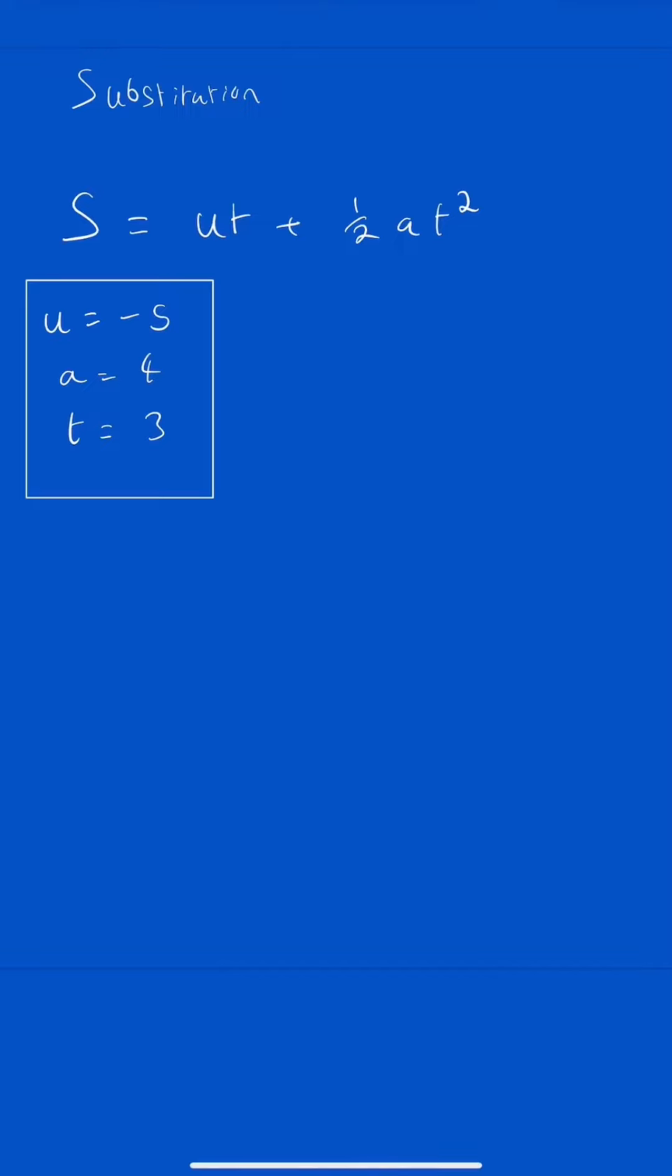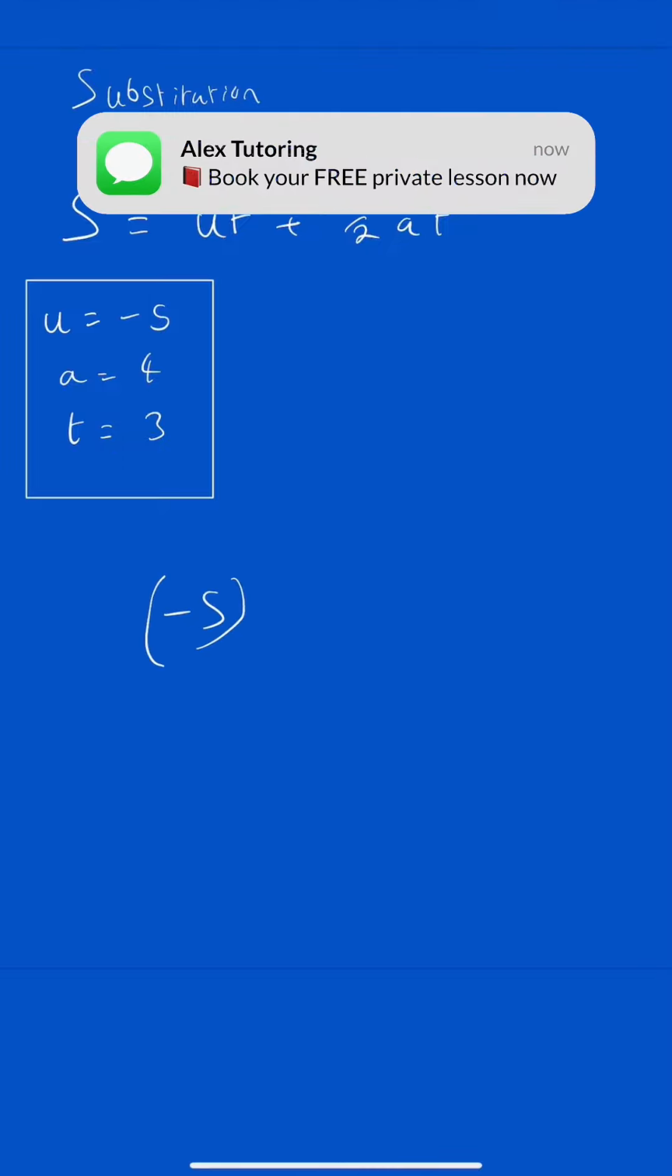This is substitution in 2 minutes, going through an actual A-level maths example. So S equals UT plus half AT squared. Putting in the numbers, we literally substitute them in brackets, as if they're almost like football players just being